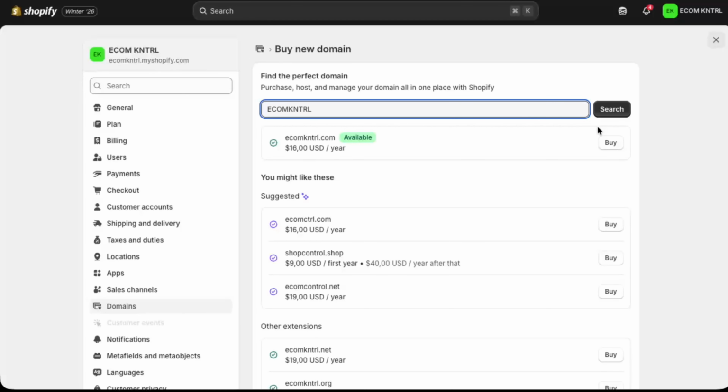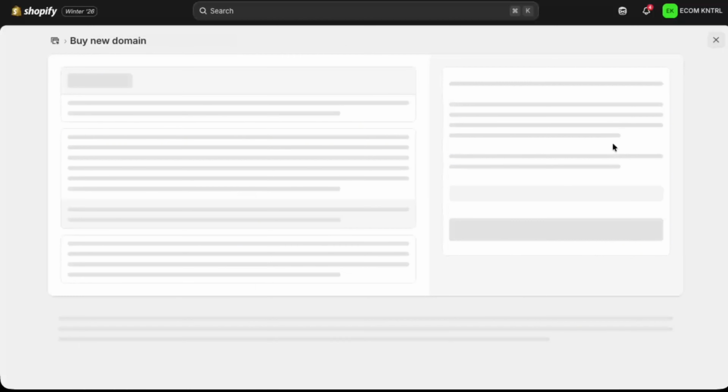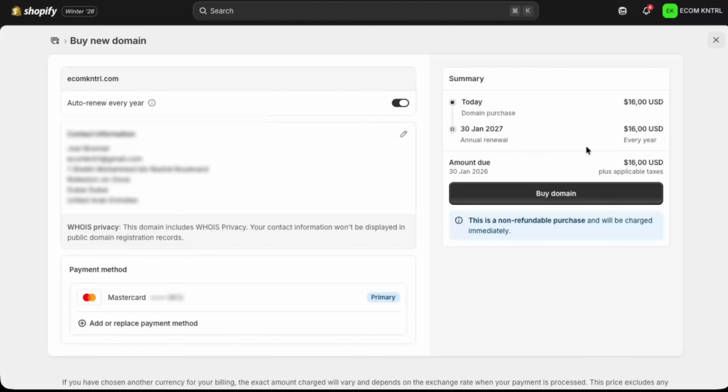Here you can search for the domain name you want, check which versions are available, and see the pricing. Once you find a domain that fits your brand and is available, select it, review the details, and then click on Buy. Follow the prompts to complete the purchase, including payment and any required contact information. After the purchase is complete, Shopify automatically connects that domain to your store. Back on the domains page, you can then set this new domain as your primary domain. Once that's done, your customers will see your new, clean